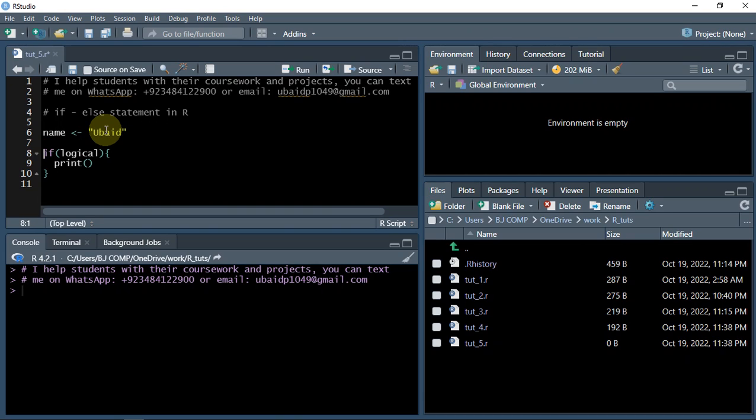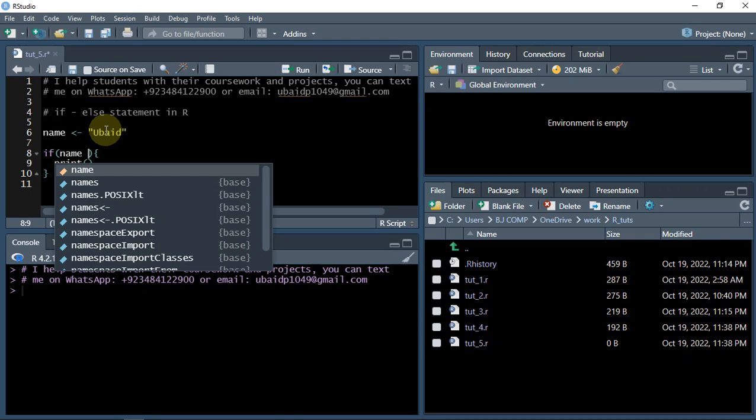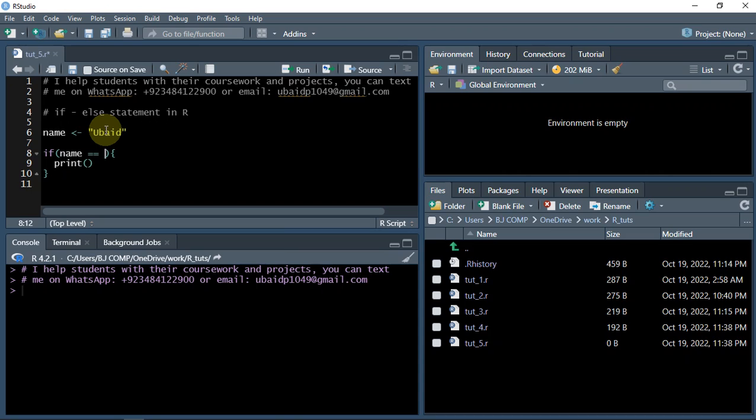So if the name is Obed, and take it as a virtual secretary or something like that, right? So it will ask the name, and if it is Obed, then we can say name is equal to Obed, and